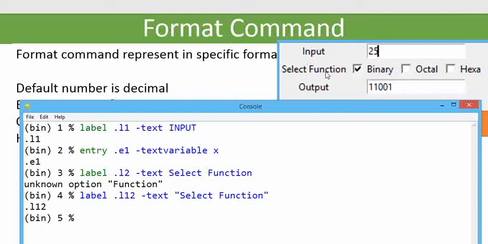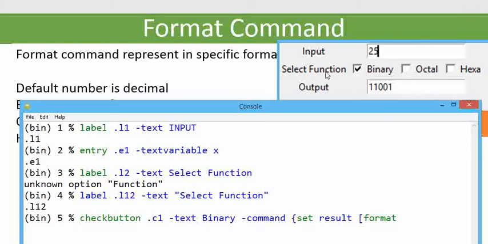Now after that I need three check buttons, so I am going to use checkbutton .c1 -text. The name of the button is binary. Here we need to add the command, -command. The command is a Tcl command, so it will be set result format %b, and the input is provided in entry one, the $x.